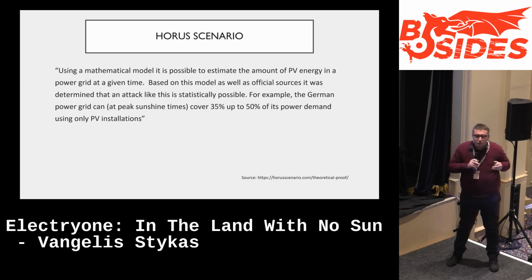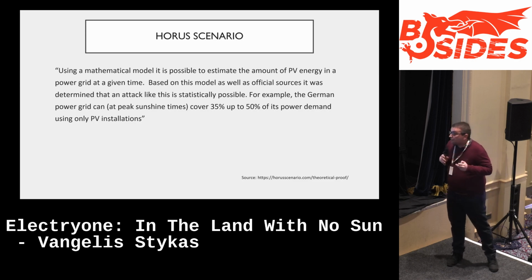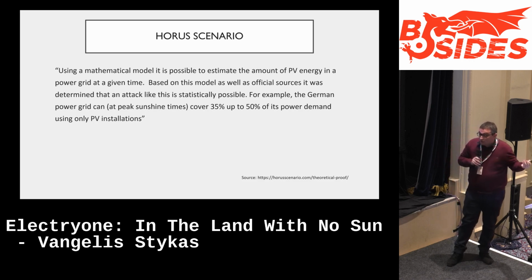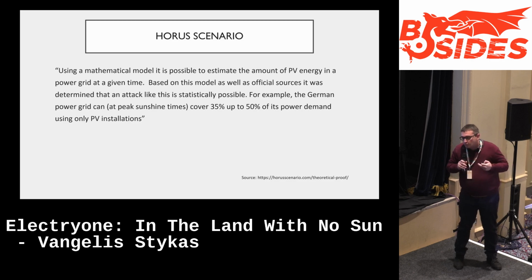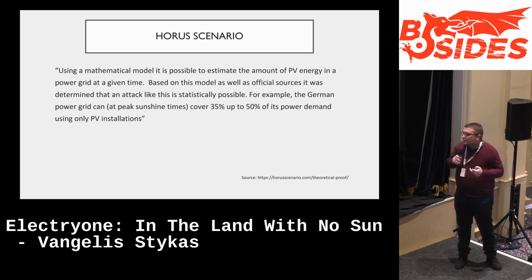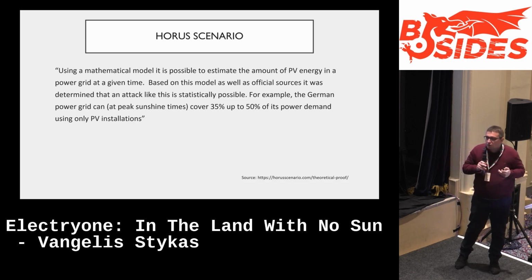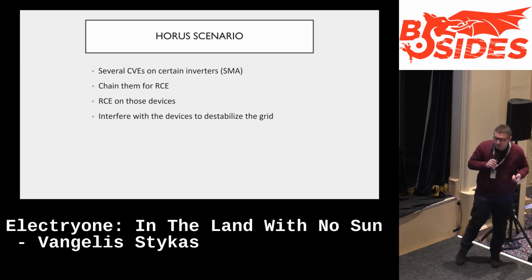It means that if you can somehow control the PV installations, you can cut 35 to 50% of the power demand of Germany. And as I said before, this also means that you are going to involve France, UK, and everyone else, because we have a constant power exchange between countries. So what was the Horus scenario? The Horus scenario says that